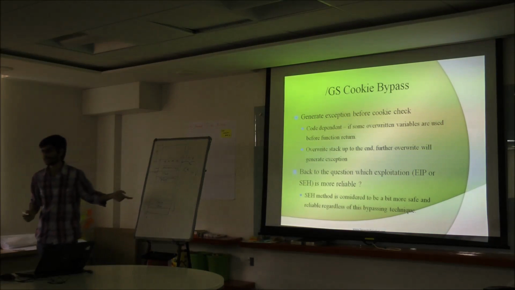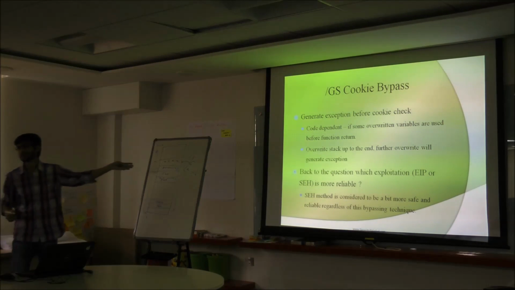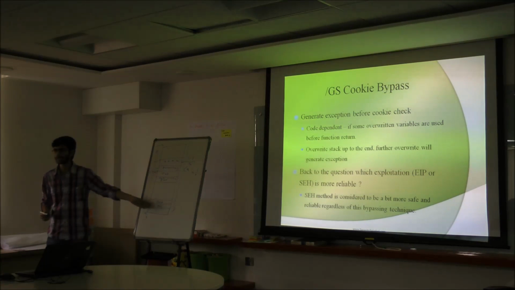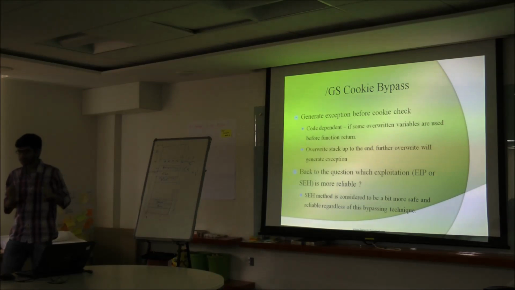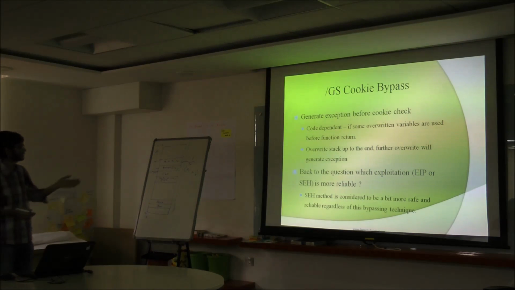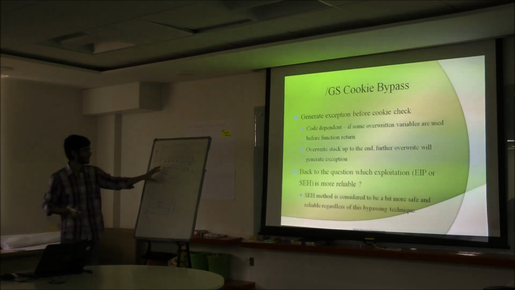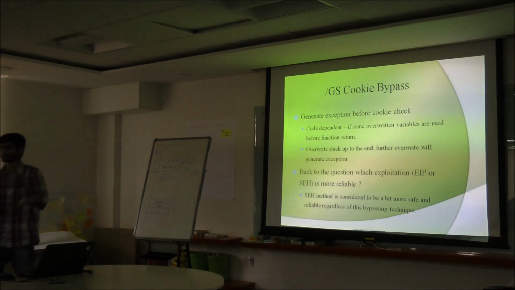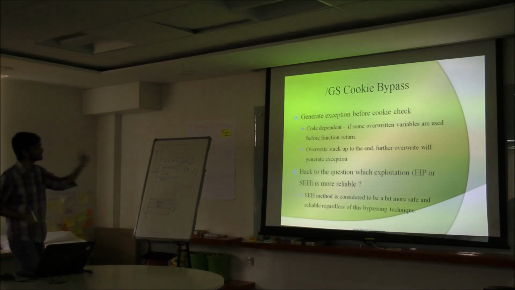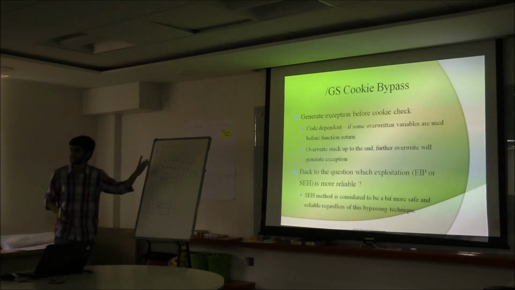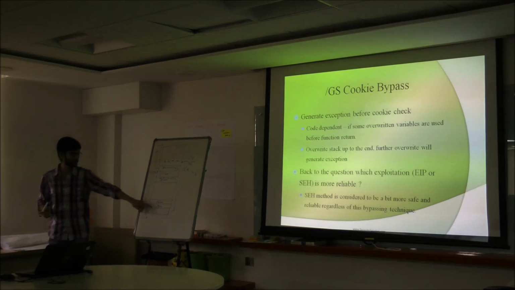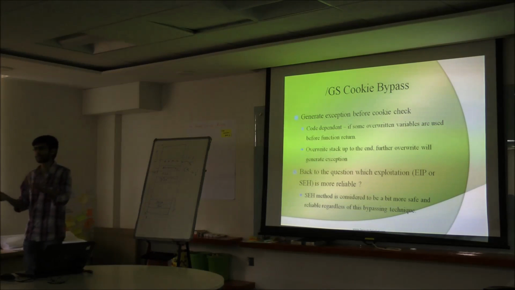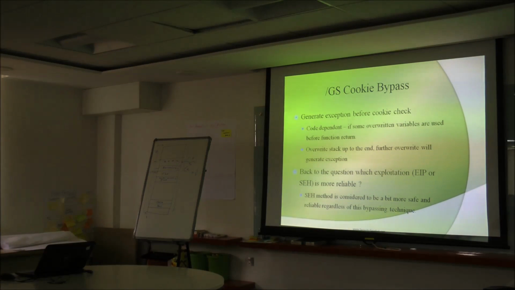Because AAA is invalid right now, it may be possible that it generates an exception there, and we get to this handler. So it is code dependent. I cannot say that this is universal. It entirely depends on the code that is generated by the programmer or the compiler at that time. So if it can generate the exception, then it's a win situation for me, and I can go over there and execute my code in the traditional way.